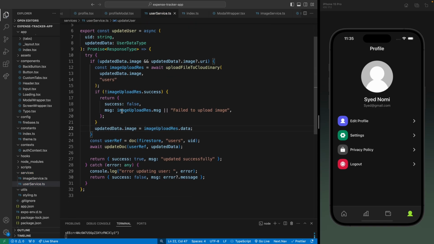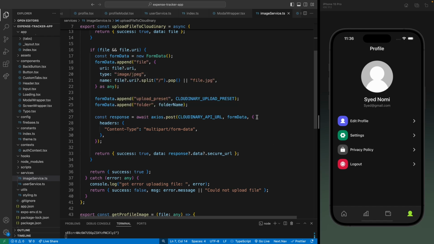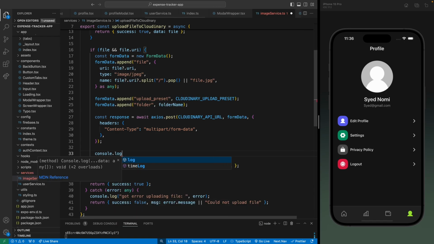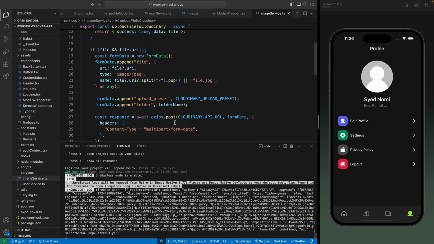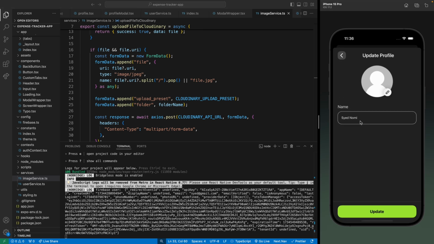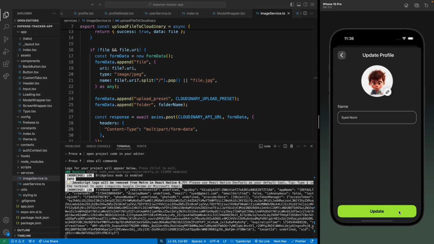Let's save this, and now let's see if this works. But before we test this, we need to make a console log here to see what type of data we get in the response when the file is uploaded. So upload image result as response.data. Let's save this, and now let's see if this is working. So let me just open the terminal, edit profile. Let's just open image gallery and let's choose this one. And now if I hit upload,